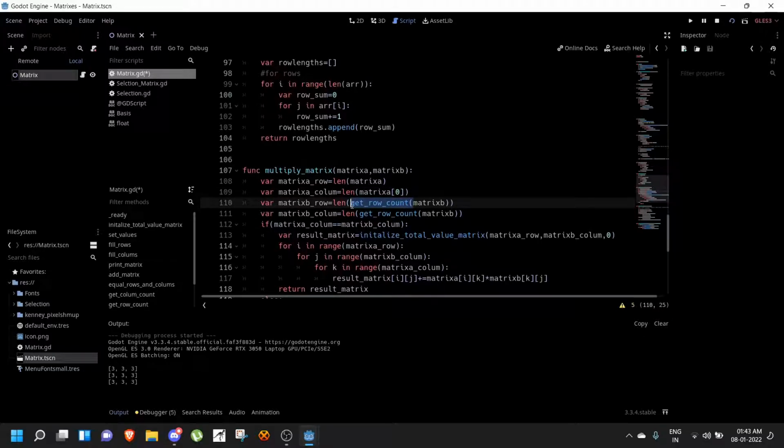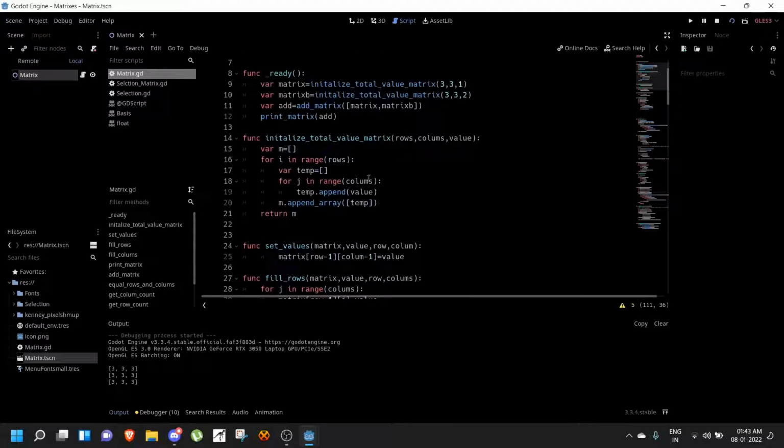And matrix and column of 0, which is the column of the matrix. So if you just want to multiply these two,